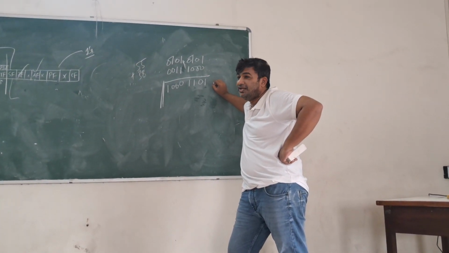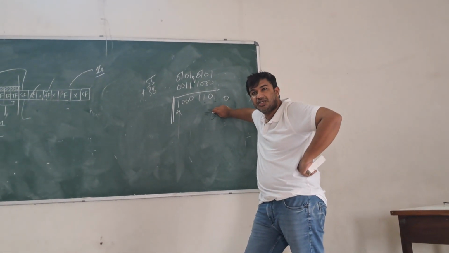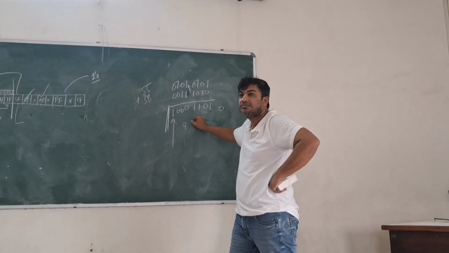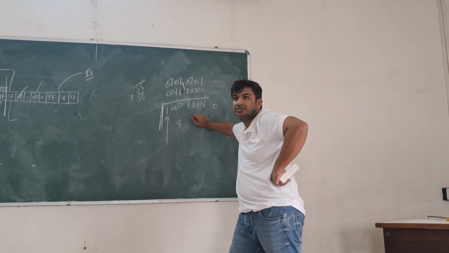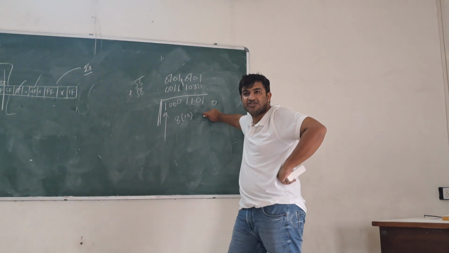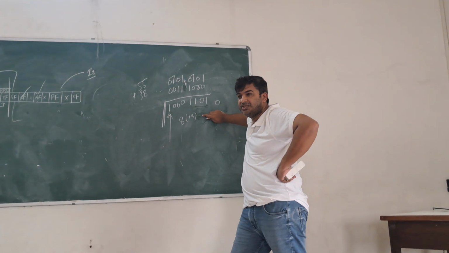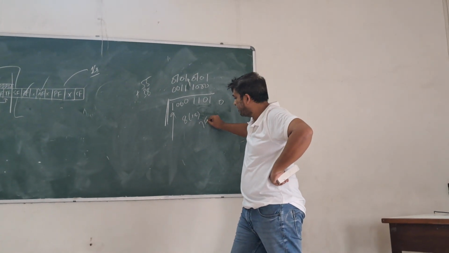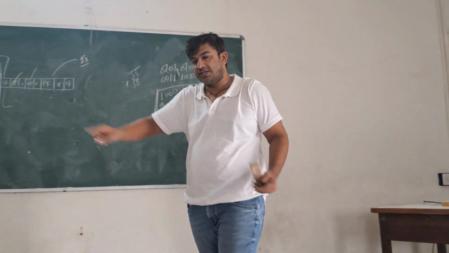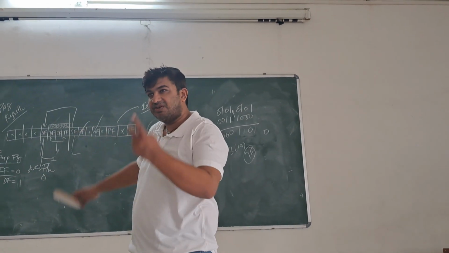What is my sign flag? Sign flag is your MSB. 1. Overflow flag? What is this number? 8, 9, 4, 8, 13. Whatever the 13 hex is, that is your number. Get it? The number is out of range? Yes, it is above 7F. So your overflow flag will get set. It is equal to 1. Understand? Only overflow and sign flag will be 1.